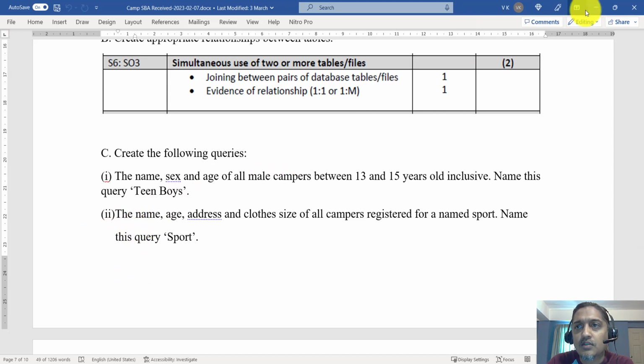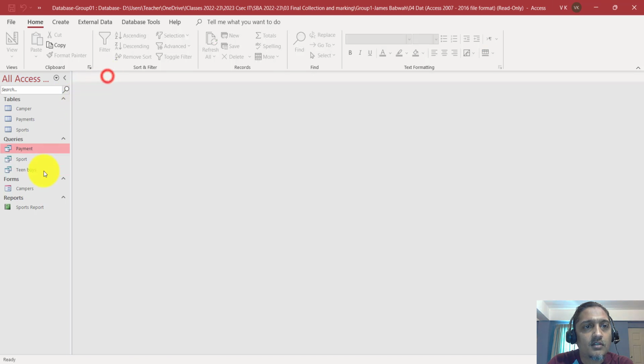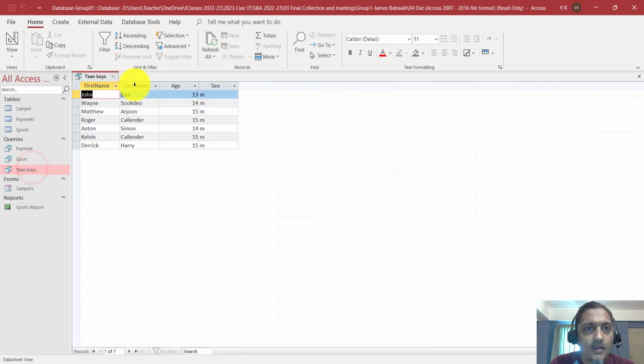Name is query sports. Should I just look at it? So this is query name payment. Let me just go through from the top over here. So if I go back, all right. So I'm going to look at the first query, see part one here. Let me go back to